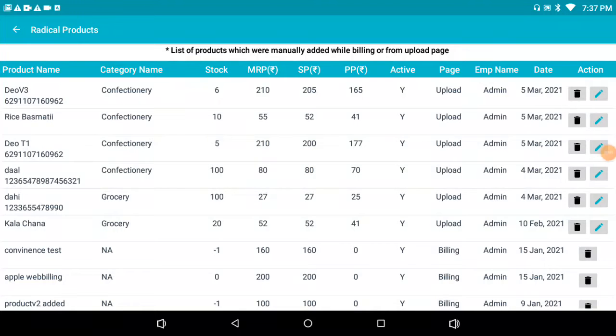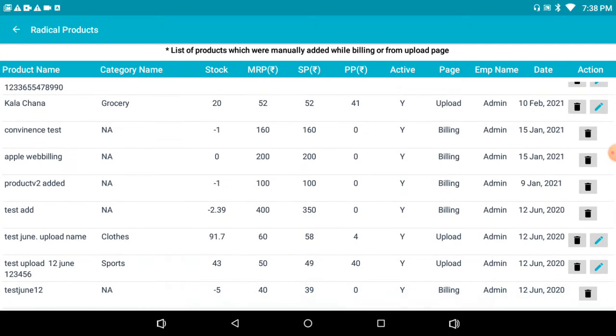So if a shopkeeper or a person who is on point billing is simply billing the items and they haven't uploaded those items from either the create GRN page or the upload page, then in such scenarios the shop owner should know that these items were simply added at the time of billing.